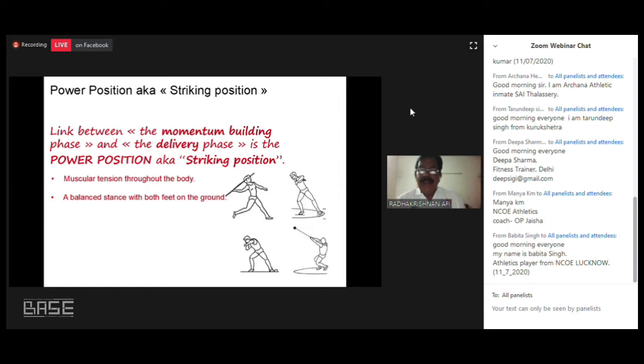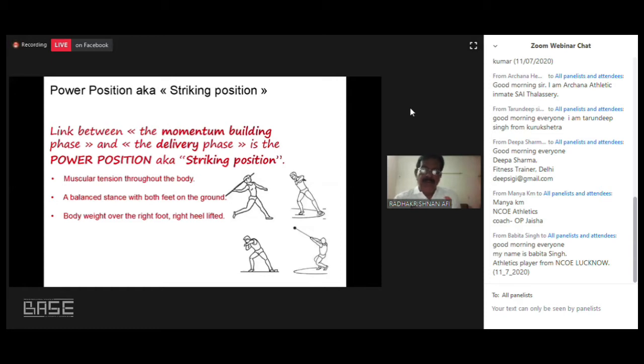In the beginning, I said we need a balanced stance. The stance has no particular distance, like it should be 1 meter. It is as per the athlete's strength level as well as his physiological level. If you have a long stance, sometimes if the athlete does not have sufficient strength on the right leg, he will not be able to act as fast to get into a delivery position.